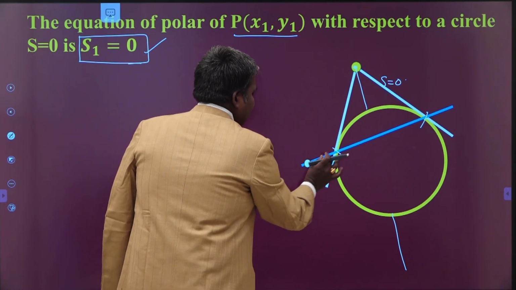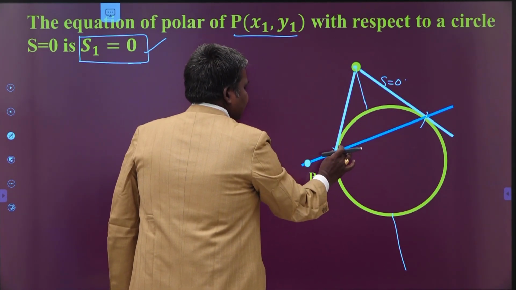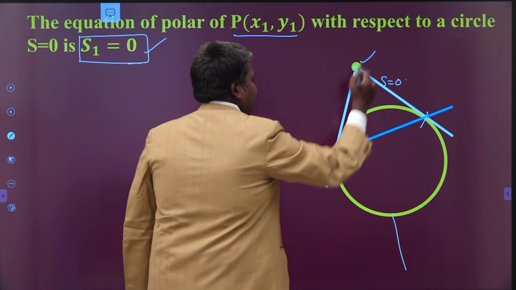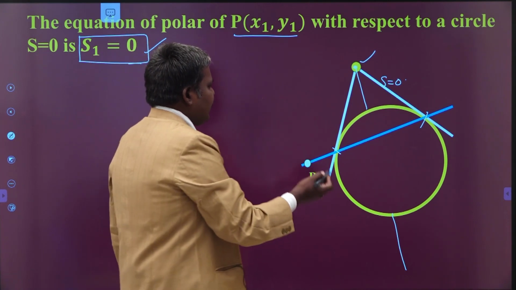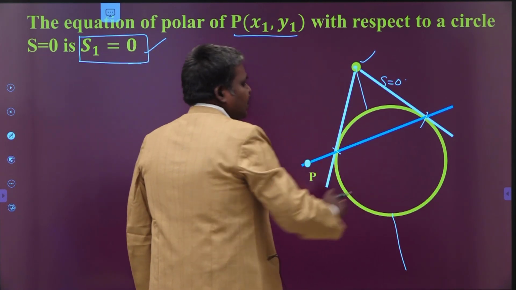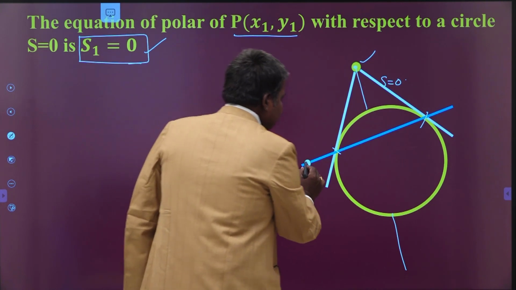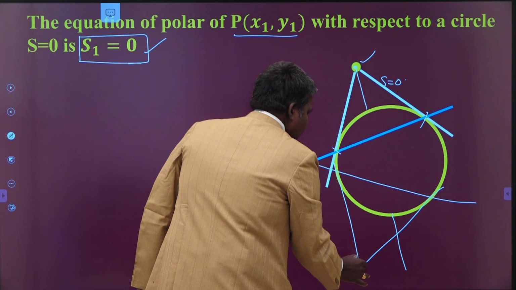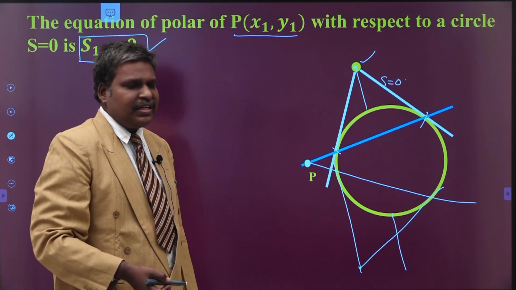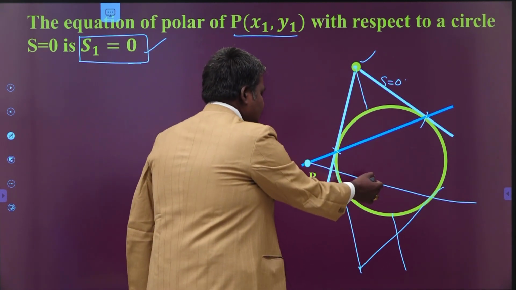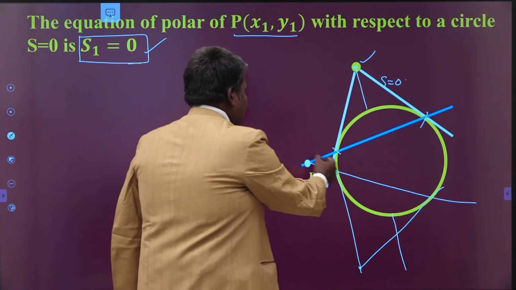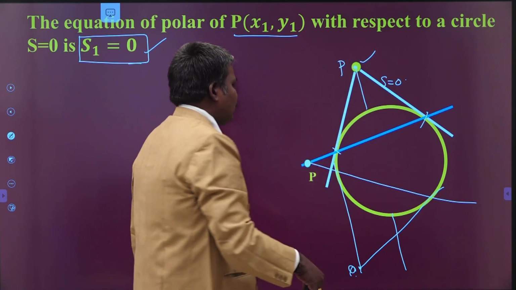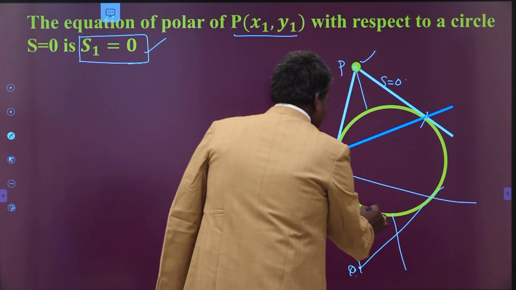Now, see my dear students, the experiment starts here. We are drawing one secant line through this point to the circle that intersects at these two points, and we draw the tangents at these extremities. They meet at this point here. Such points are infinite in number by changing the secant line itself. Suppose the secant line is in this manner, the points of intersection will be like this, and the tangents meet at a point. This is also one of the points of intersection of the tangents drawn at the extremities of chords through the point P. This is another point Q. So you have to collect all such points. You get some locus that is called what now? The polar of the point P.